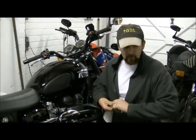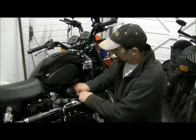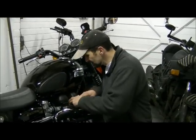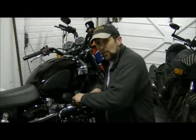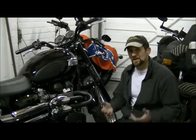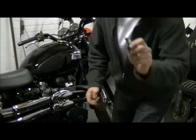bolts to hold the grab rails on the Bandit because I nicked them for the Hayabusa, and Suzuki wanted £6 for 4 bolts, effectively £1.50 each, and they weren't even stainless. They were just a zinc covered bolt. I went up to Allfix, I got 4 stainless steel M8 Allen bolts for 90p. So that's the kind of company they are,